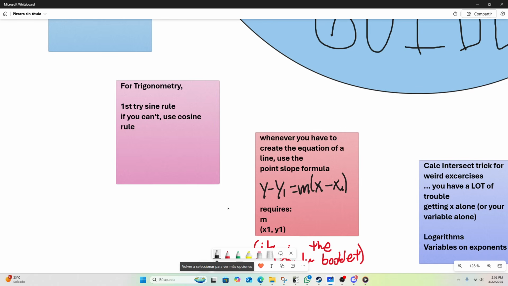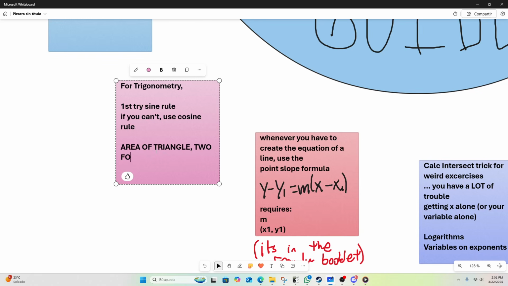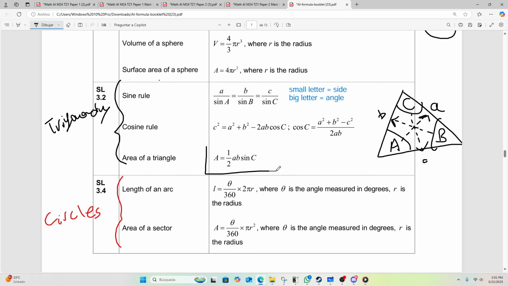The video I will put in the description explains a little bit better why it works like this. And the last thing I can mention is that there's also the area of a triangle, 2 formulas. There's a formula for the area of a triangle in the trigonometry version, which is right here. I will jump into this one a little bit more because I think it's very important. This also gets asked roughly once per exam session. Basically, you have side A, side B, and angle C. In this example, this is angle C, and side A is next to it, and side B is also next to it.